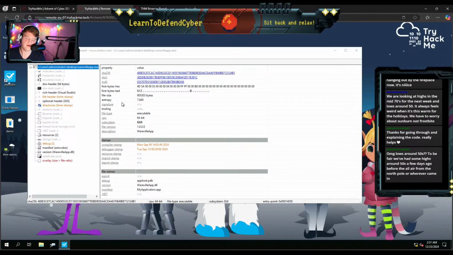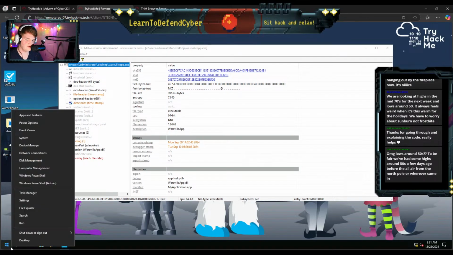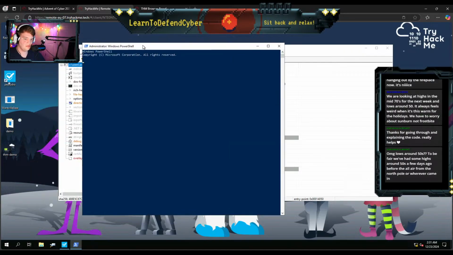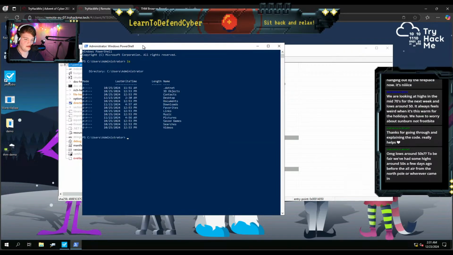Remember, if you don't know, a hash is just a unique value generated to identify something. It is a one-way value. You can actually hash things pretty easy. We can show that off really quick with PowerShell. Now, if you were on Linux, it would be a different command, obviously. But let's see, we're in there. We can change to our desktop.